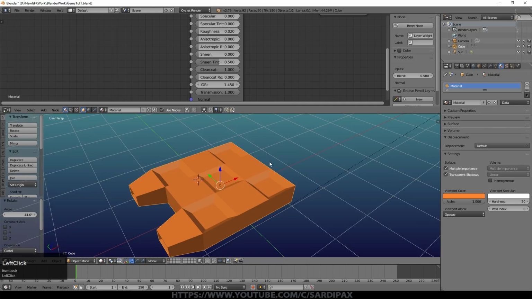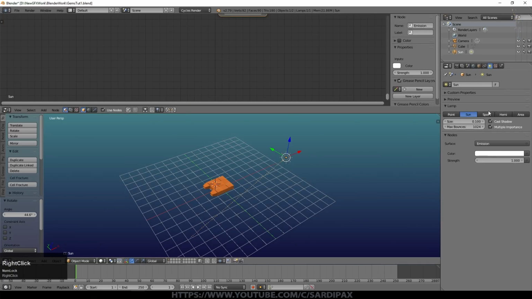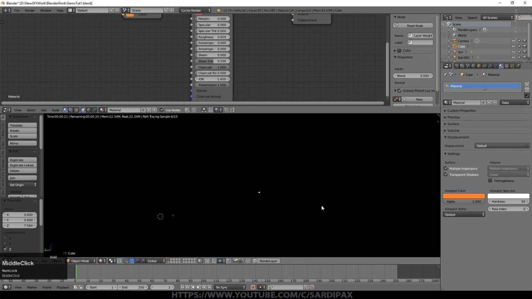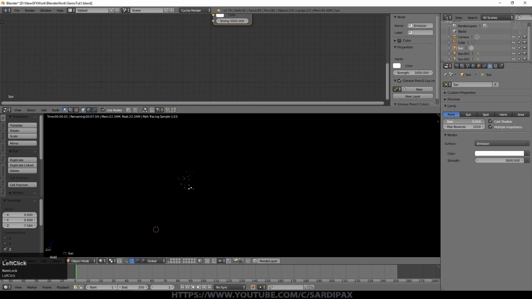So because essentially this is now a transparent object, if I make the sun a little brighter, we'll put that up at 3. In fact, we'll change this to a point light now, and I'll put a couple more around the scene, and they need to be a lot brighter because they're point lights. And you can start to see we're catching the light in various different places rather than the whole thing being visible at once. We can also play with the size of the lamps. The bigger the lamp is, and although they're called sun, these aren't sun lamps now, these are spot lamps, the more will be visible, as it were. So you can see we've got that now. But there's quite a bit more to do with the lighting yet.